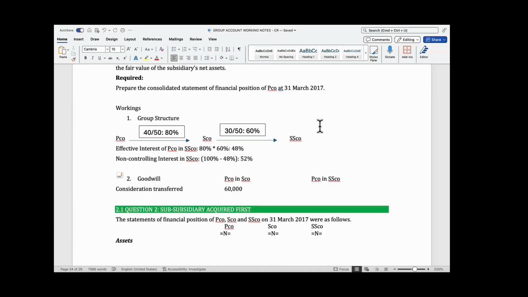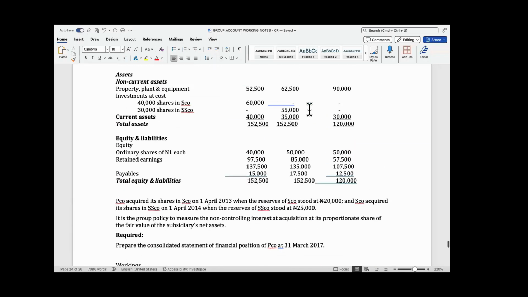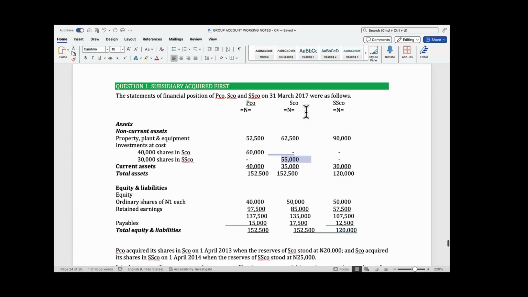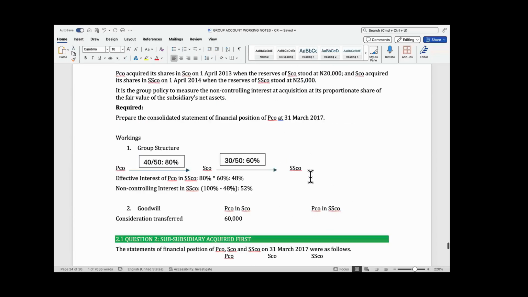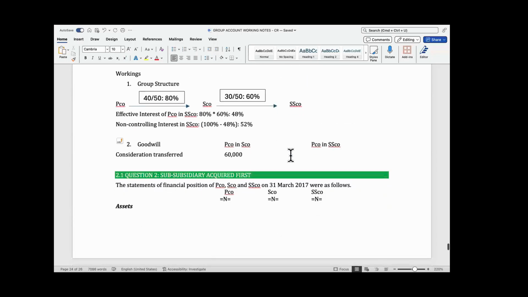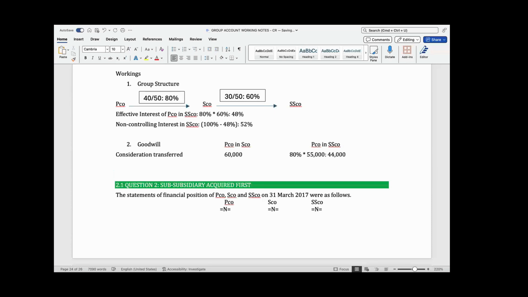It is 80% of what the subsidiary paid. He incurred 80% of it since he has an 80% holding in ESCO. So Yakub is perfectly correct. This is 80% times 55,000. So what are we looking at? 44,000. Now, having sorted that out,